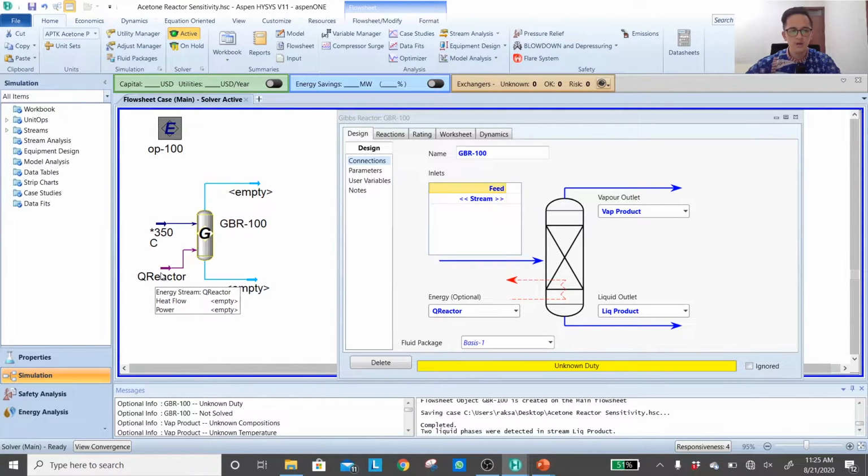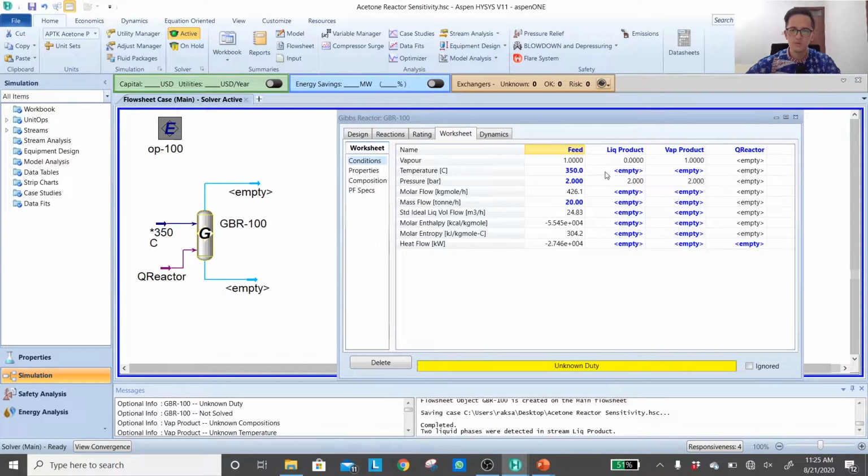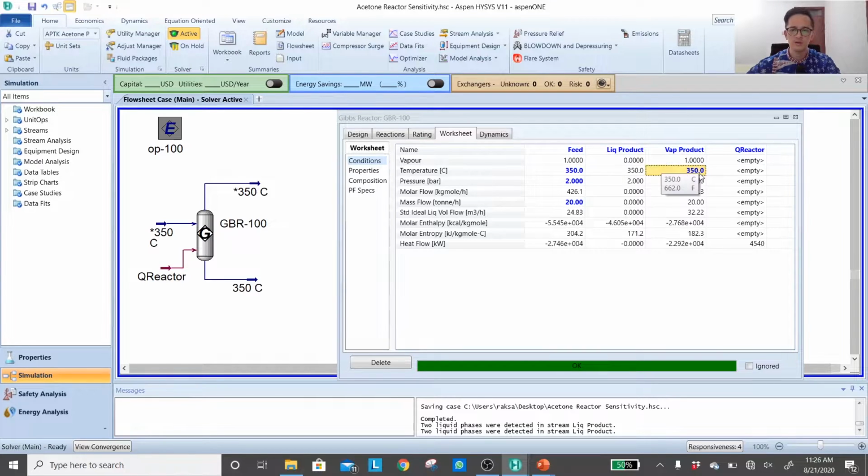Because either we have to define the amount of the energy supply, or we can define the outlet temperature. Okay, let's say we want to keep the reaction isothermal, so the vapor product has to be the same number, 350 degrees. By defining that number, now the Q reactor can be calculated as about 4.54 kilowatt.